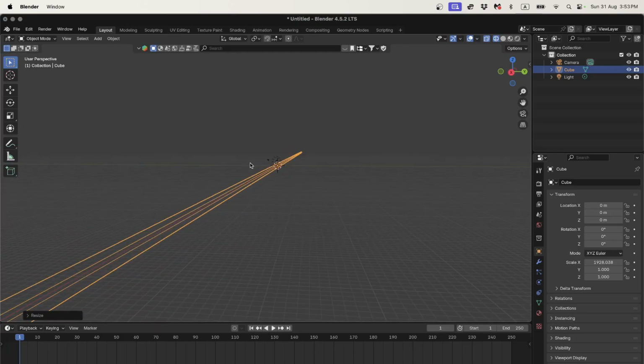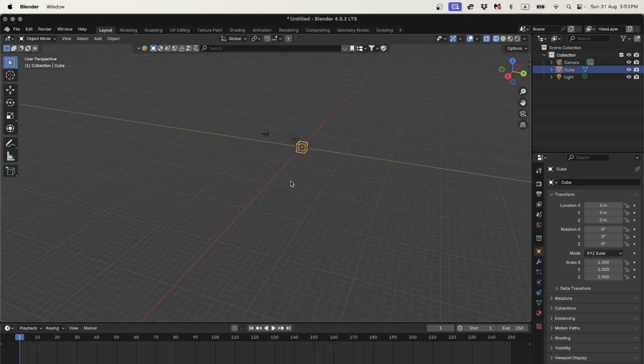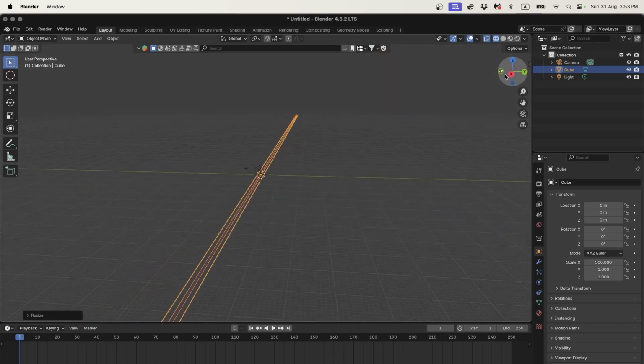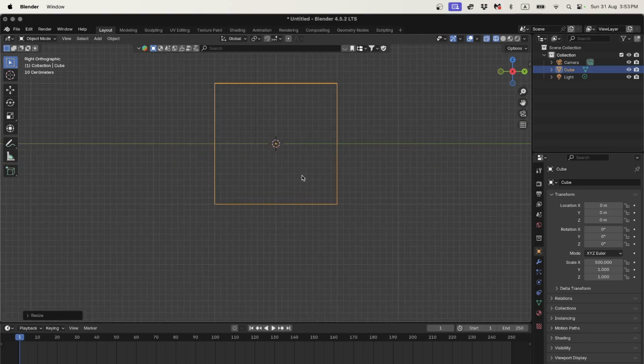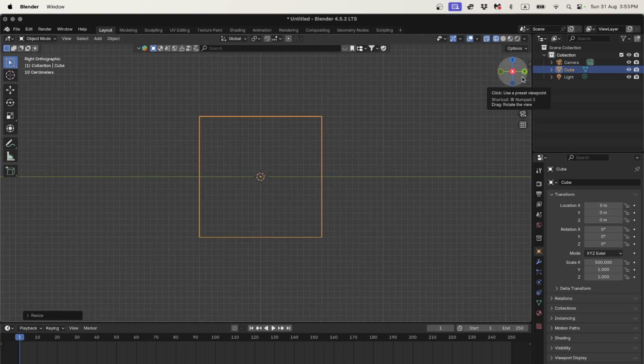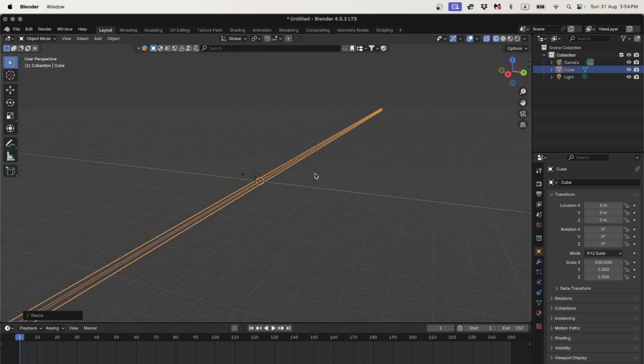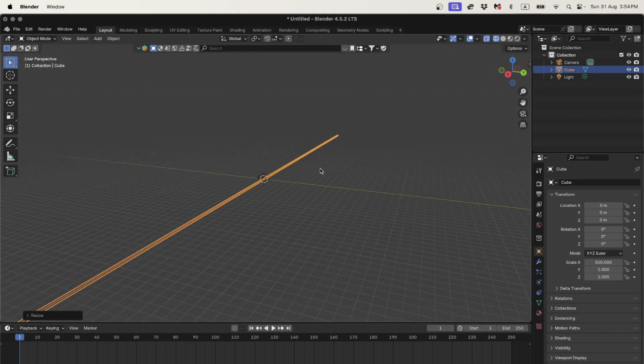I'll press undo, Command Z, to go back to my cube. Whereas if I put that SX500 thing back here and go down my perspective view again, I've still just got a square. The reason is that when I click my gizmo and get an orthographic view, it has no perspective. It's just looking straight down one axis. So the square at the front of my object and the square at the very end stay the same size. That's why we're seeing two squares just slightly overlapped. My object is really long now, but if I make it a little bit shorter,